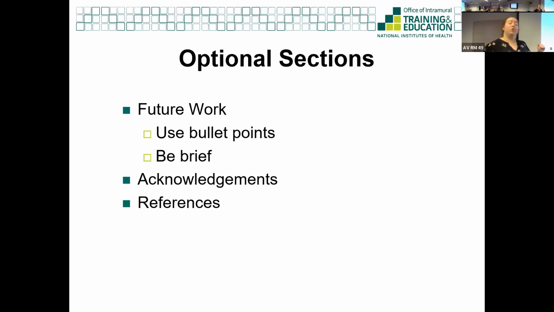Acknowledgements, again, optional. You can keep them very brief and they'll be in that bottom right corner. And then references. You don't have to have references to papers on your poster. And if you do, you can put them in very small font size. This is the one exception where the font can be really small and you get up close to read it,